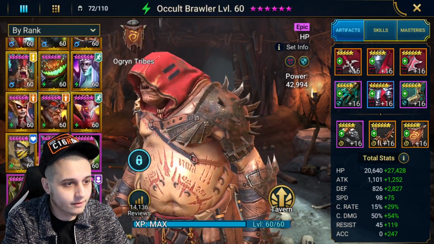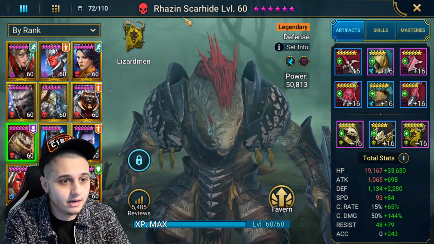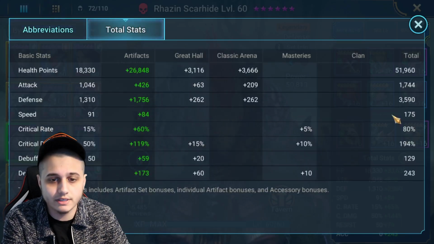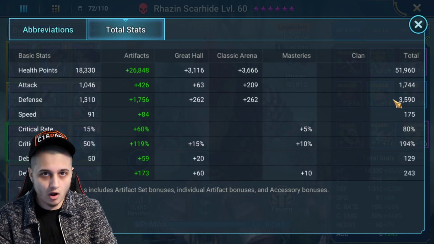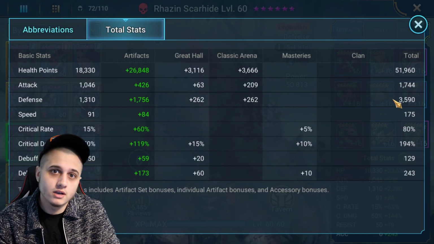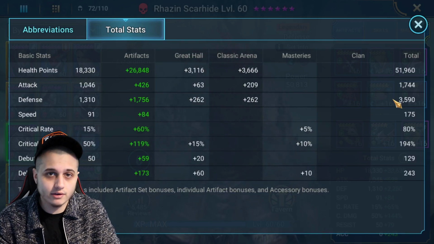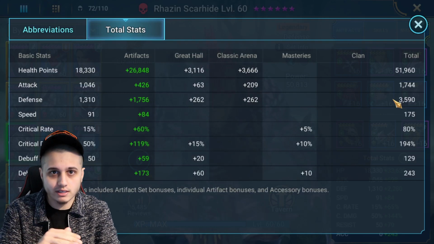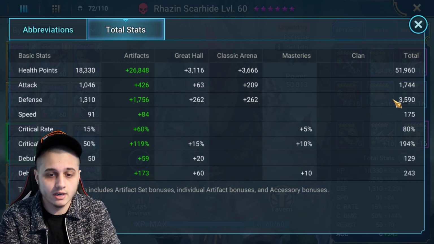And last off, the free-to-play friendly Razin and Scarhide. So he's going to be at 175 speed. So we're going to have a Cult Brawler 173, Razin 175, Sandlash Survivor at 177. So you want a 1 or 2 difference between each of those speeds within the 173 to 178 range. And then